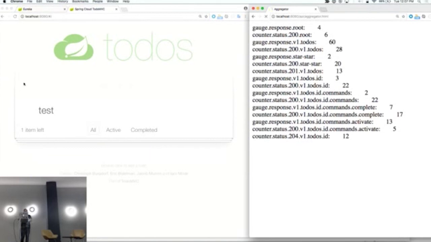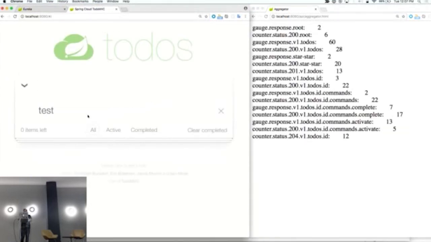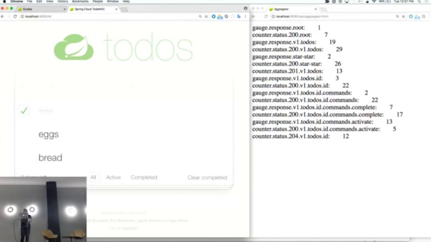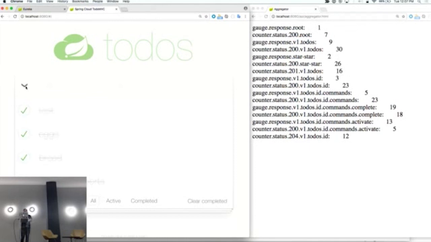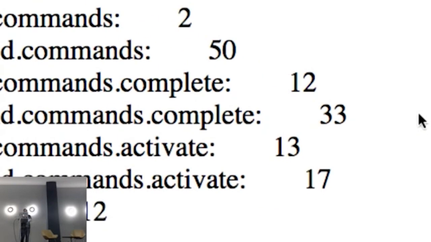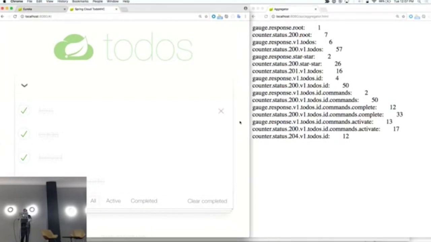All right, so now we should be able to see these events get published to the back end. It should update that user interface. So eggs, bread, expense reports, and yeah, you can see them changing, right? Yeah, so if you look at that one here,